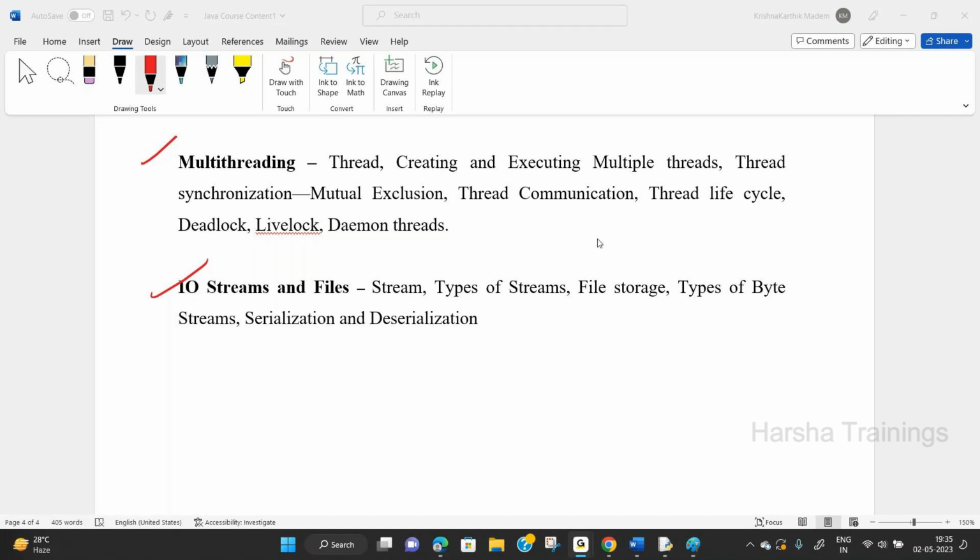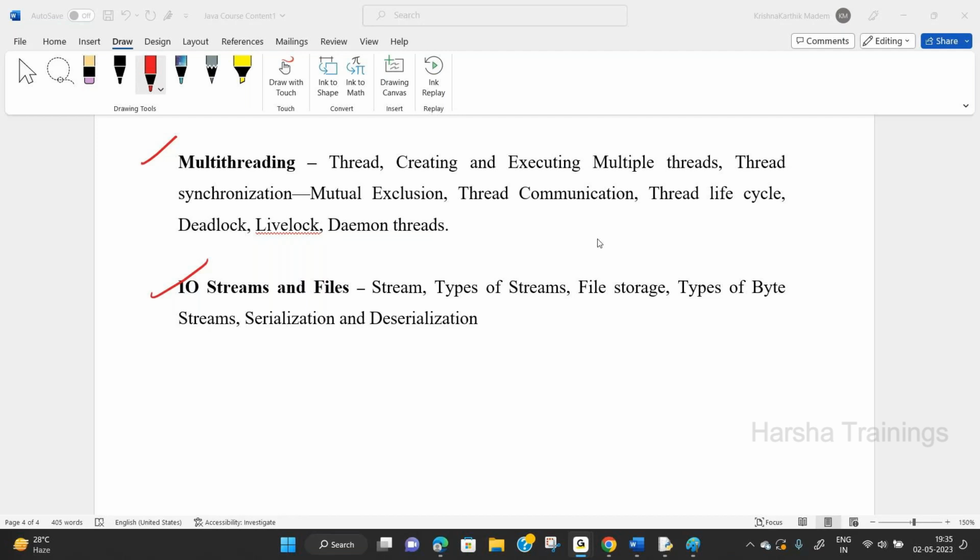But one important piece of information: it is compulsory. Without knowing core Java, it is very hard to learn the remaining things. Why? Without knowing the alphabets, how can we learn the words? How can we learn the sentences? First, everyone must and should concentrate on the basics.